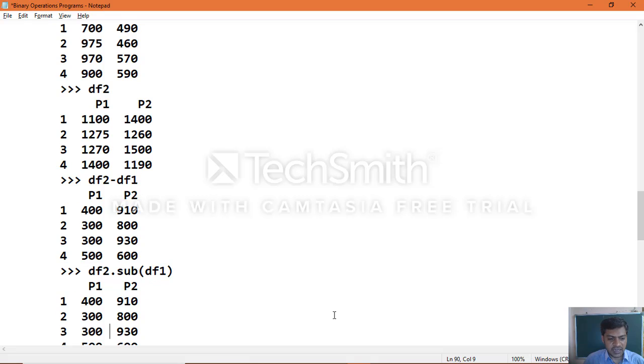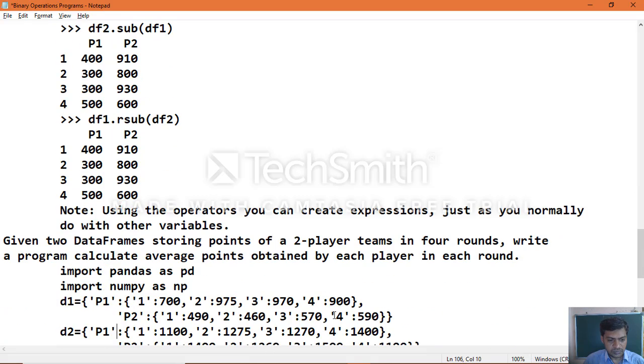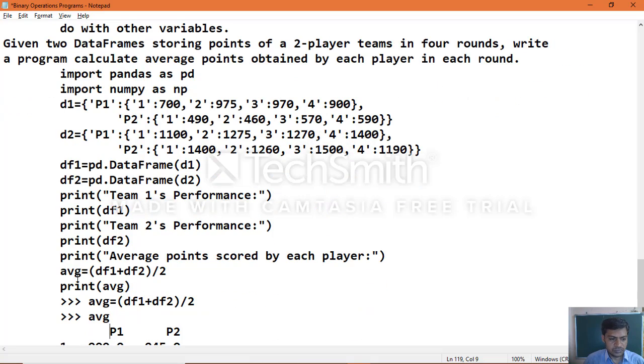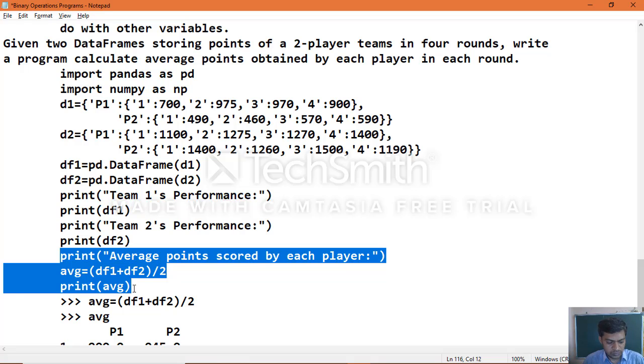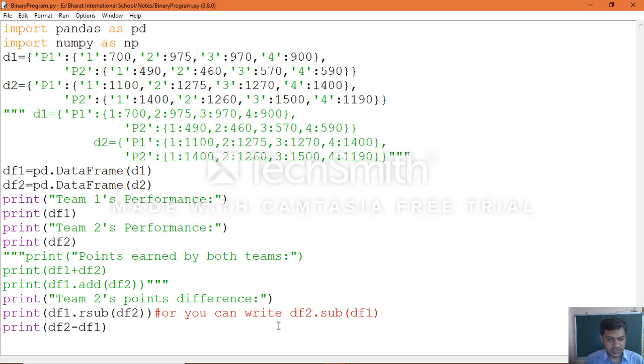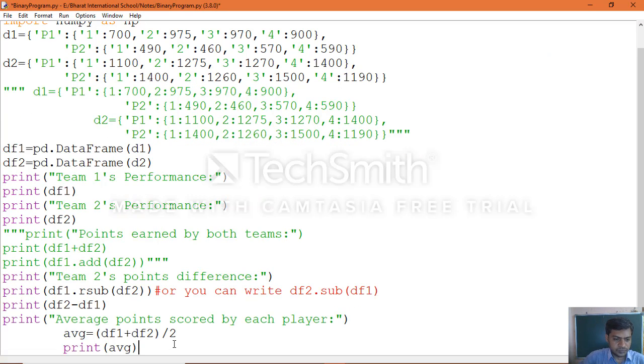Another one is average calculation. So now I don't want the difference also.